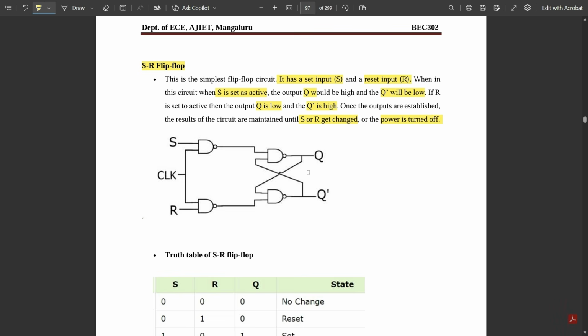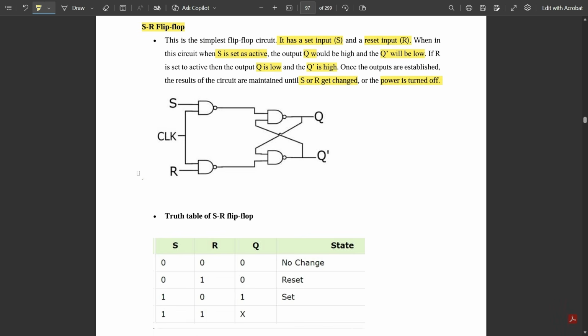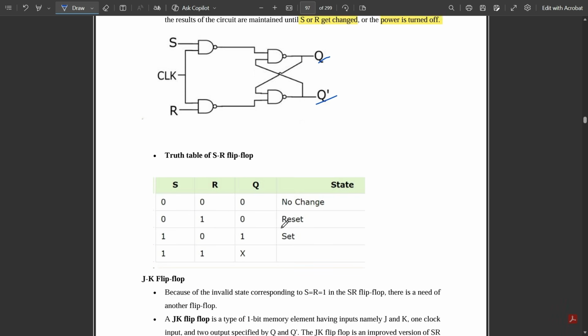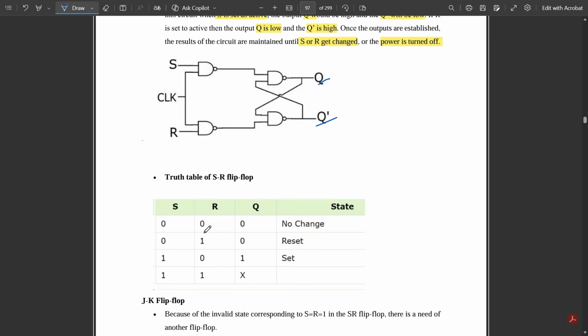So this is the basic definition and the circuit diagram of an SR flip-flop. You see here how the operation happens. It consists of two NAND gates and one clock signal which is given to it, and these are the signals Q and Q bar. This is the basic truth table of the SR flip-flop. It consists of four combinations: